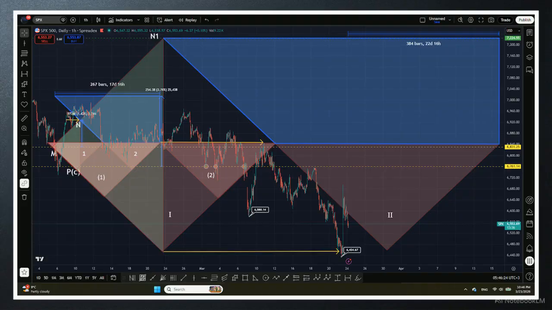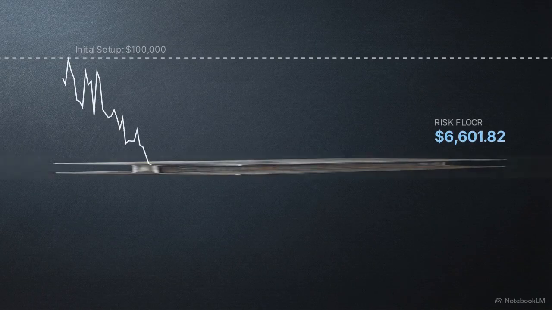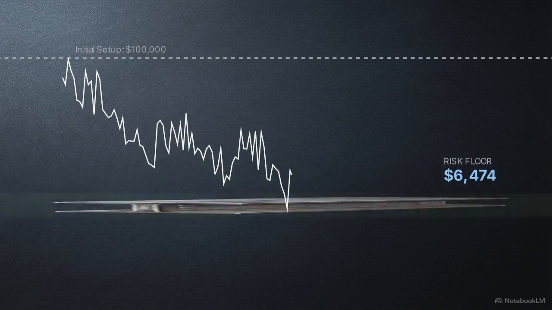Looking back at the chart's lower right quadrant, current price action sits deeply submerged, trading well below the primary support lines of the original setup. Yet because the progressive floor dropped to 6,388, this localized downward depth does not violate the structure. The overarching higher-order fractal geometry remains perfectly intact and mathematically active. As long as that floor holds, the N1 node at 7,224 acts as the singular defining upside objective for the entire expanded cycle. Short-term price volatility effectively loses its relevance, provided the dynamically adjusted geometric floor continues to contain the